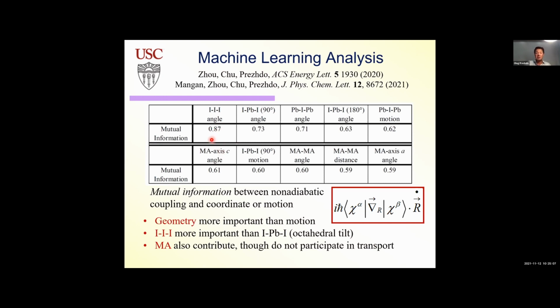And also we found that this cation MA, which is a spectator, does not contribute to conduction band, to valence band, HOMO-LUMO. HOMO-LUMO are localized on iodines and lead. Even though it contributes nothing to the electronic states, nothing to the wave functions, and therefore doesn't contribute to the non-adiabatic coupling matrix element, it still influences it, although it could be either steric effect or could be through electrostatic interaction, because MA has asymmetric charge density distribution.